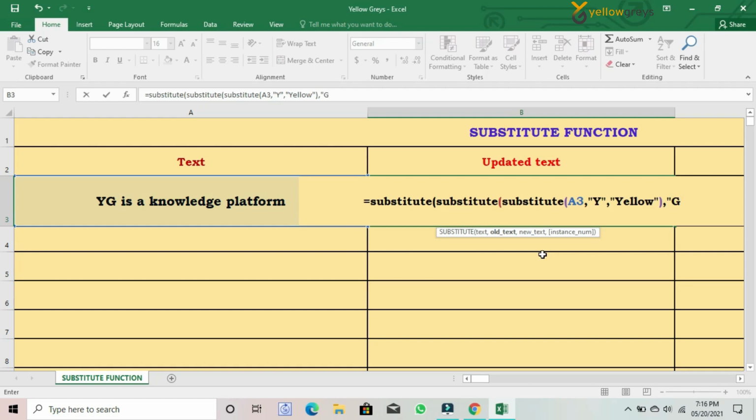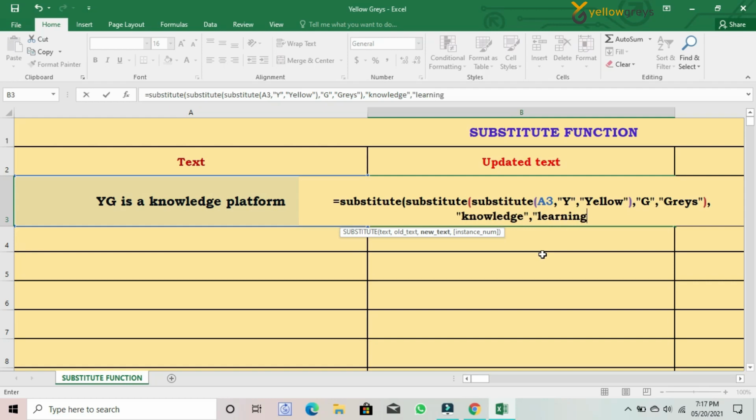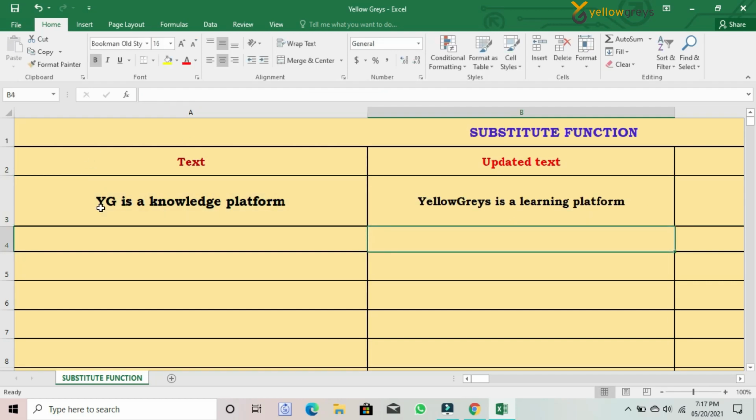Insert G, comma, then insert grace, close the bracket and insert comma, then change knowledge to learning, so knowledge, comma, insert learning inside the double inverted commas, then close the bracket and then press enter. See, Y is changed to yellow, G is changed to grace, and knowledge is changed to learning.